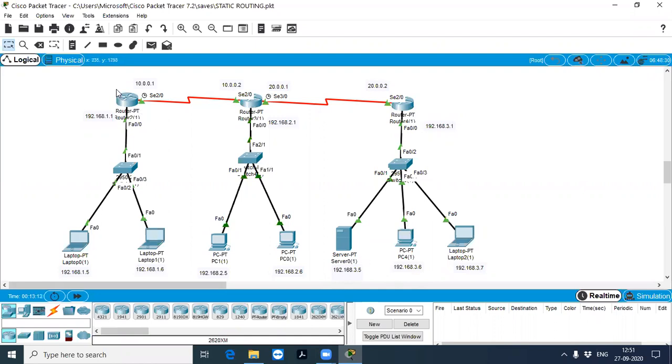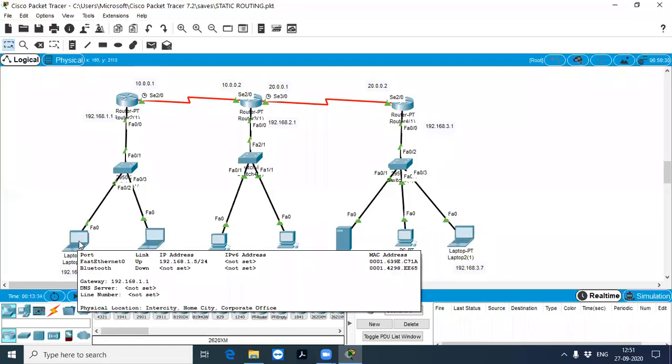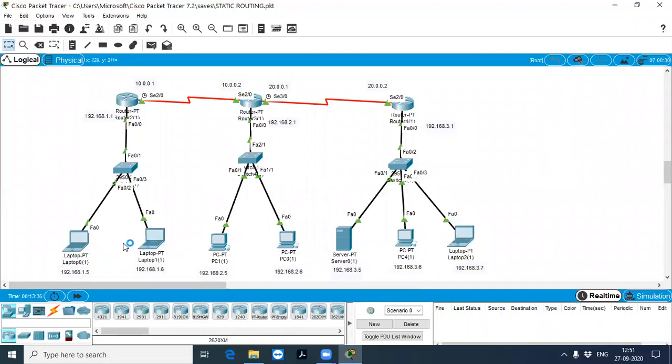Okay. So I have configured three different networks. One belongs to 10 network, another belongs to 20 network, another belongs to 1.0 network, another belongs to 2.0 network, and finally we have 3.0 network. There are five different networks I have assigned, right? Okay. So initially I have configured all the basic things that I needed for my systems.